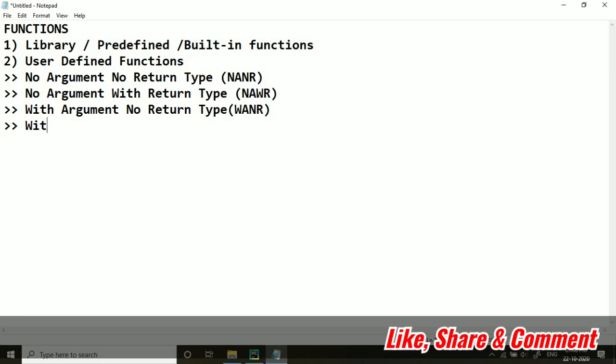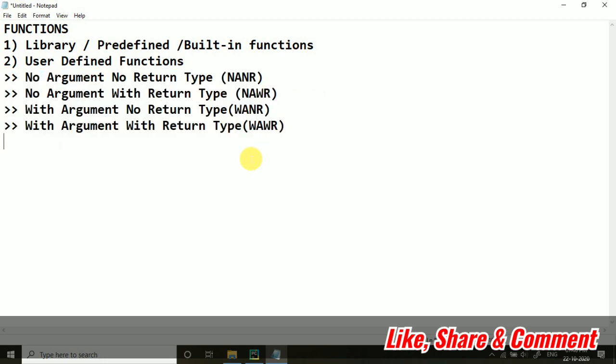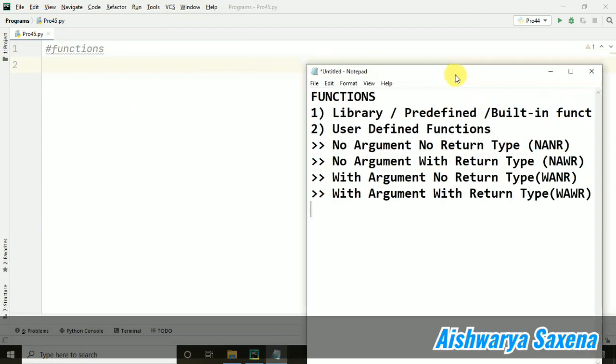And then with argument with return type. So there are basically four types of user-defined functions, and now we are going to do programs for each of these four types.